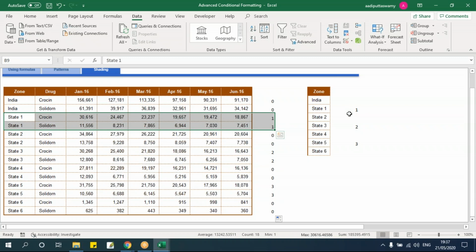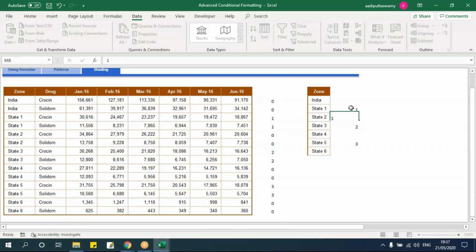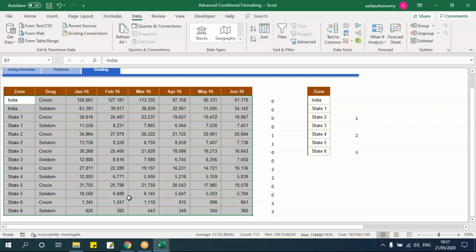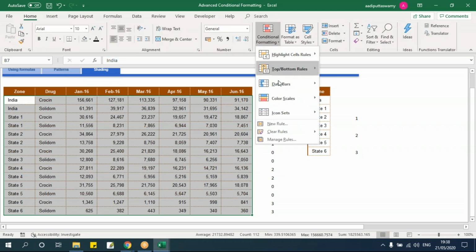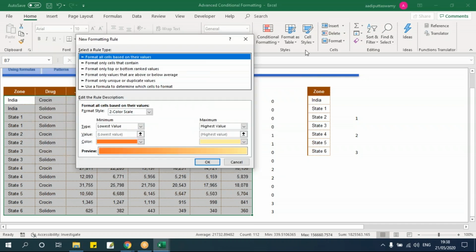Now let's change this. I'll make this 1, this one 2, and this one 3. So automatically, depending on the VLOOKUP formula, this value will get changed. Fine. Let me select the range where I need to format. I'll go to conditional formatting, and I'll say new rule.